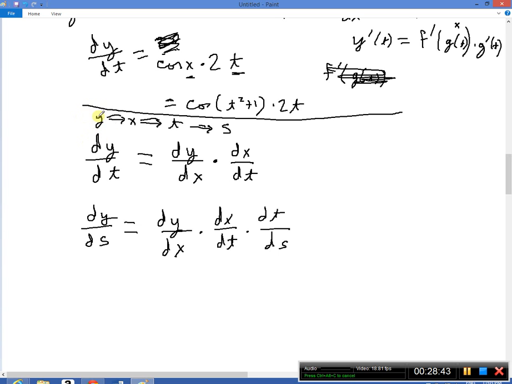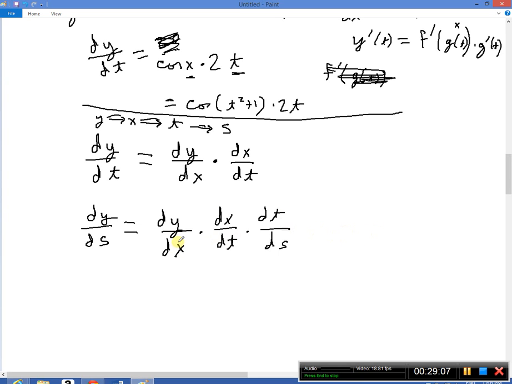How fast would that change relative to a change in this low-level species? The answer is, it's the change in the top level relative to the next down, times the change in that relative to the next one down, times the change in that relative to the bottom one. Okay? And it doesn't matter how long this chain is, you can just keep multiplying by those derivatives